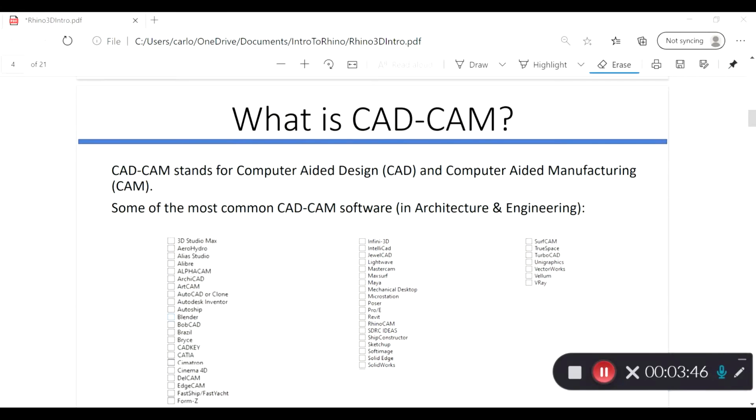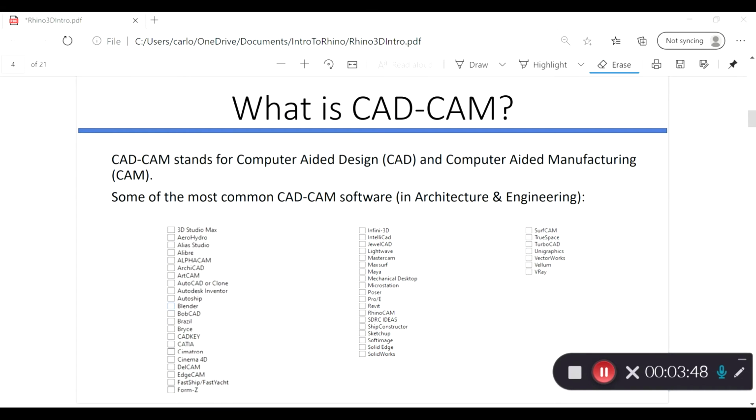So let's start by asking, what is CAD-CAM? CAD-CAM stands for Computer-Aided Design, that's CAD, and Computer-Aided Manufacturing, CAM. So some of the most common CAD-CAM software in architecture and engineering are AutoCAD, which will be a pretty common one, Autodesk, Blender,